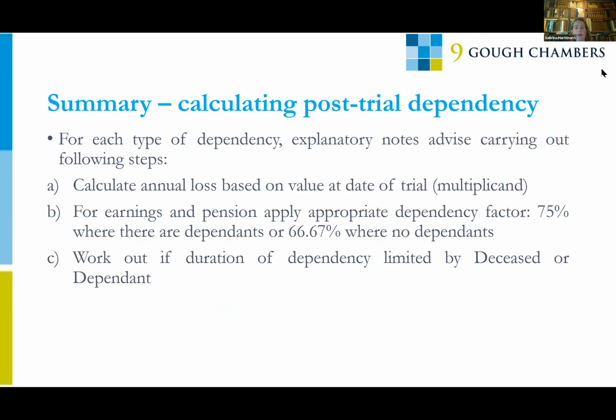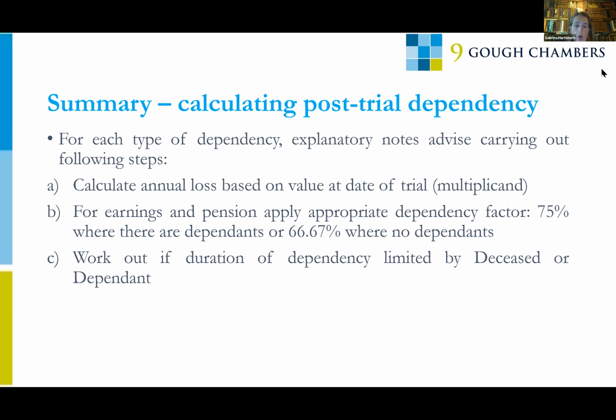Now, at paragraph 143 of these explanatory notes, the authors have provided a basic step-by-step approach to calculating dependency as a whole. I've set these out for you in these slides. They start with saying you must calculate the annual loss based on the value at the date of trial. So go and assess your multiplicand. For earnings and pension, apply the appropriate dependency factor where there are dependents and when there are no dependents. So we're looking at the 75%,